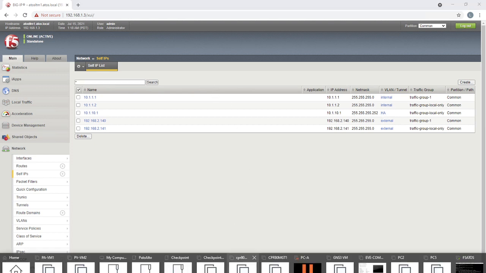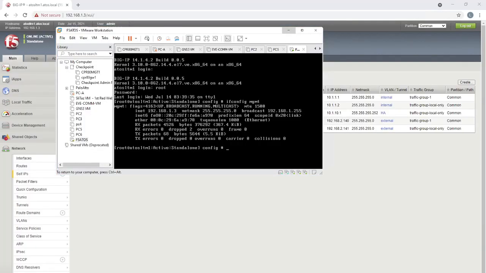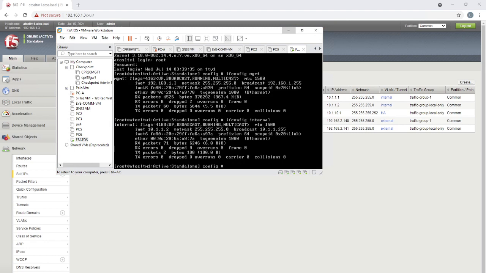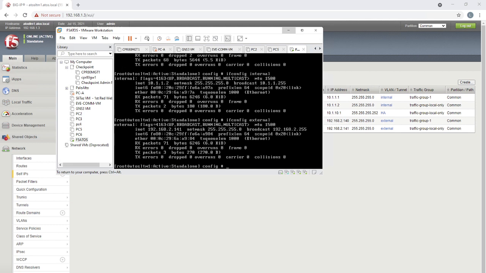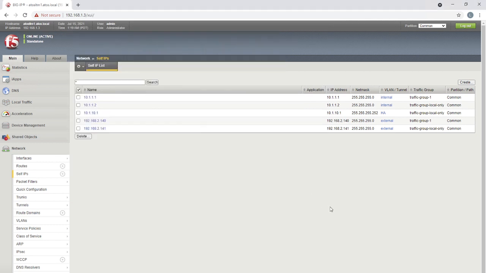Now again, if I go to my command prompt, I can see, check it out, ifconfig internal. You can see what IP address is associated with it. In the same way, ifconfig external, that's the VLAN. I can see what IP address is associated with it. So this is where we stopped. We have activated the product and completed the wizard, so that the device is ready for proceeding with the further set of configuration. The box is meant for doing something. What will it be doing? That's what we will slowly get into.